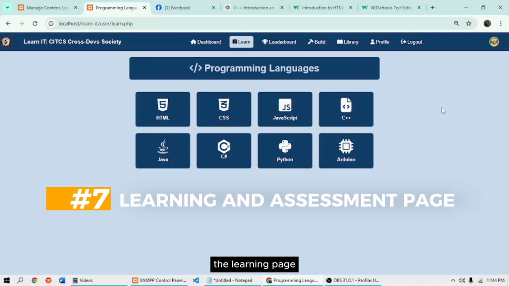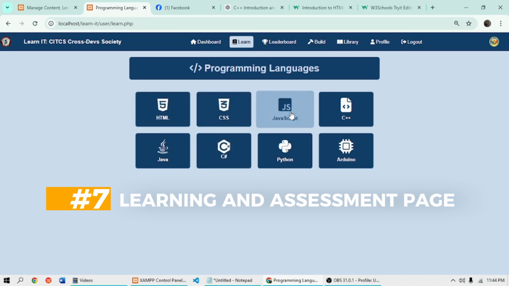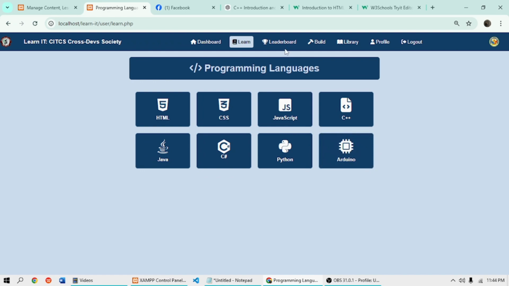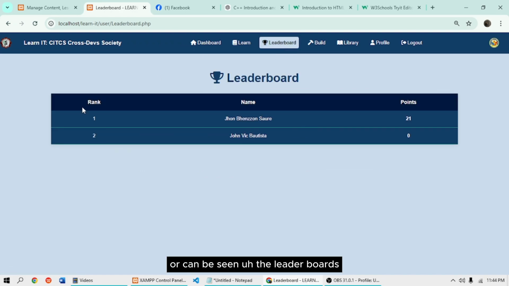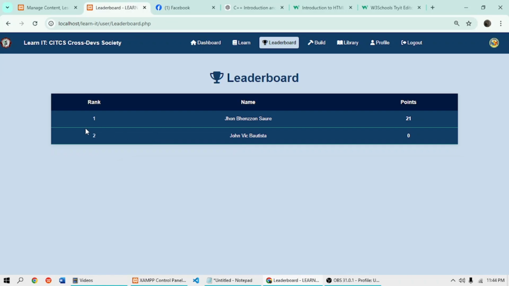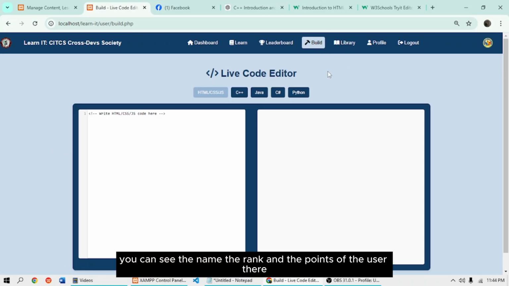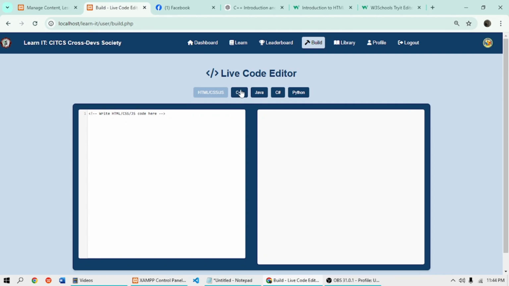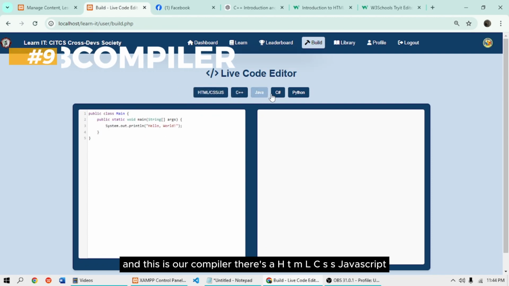The learning page where assessment and lessons can be seen. The leaderboards, you can see the name, the rank, and the points of the user there. And this is our compiler.